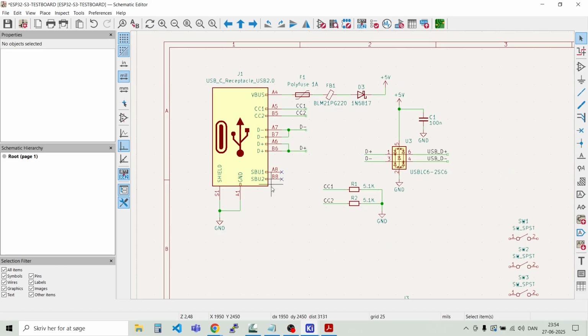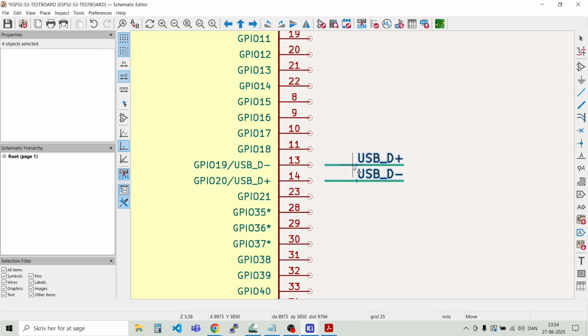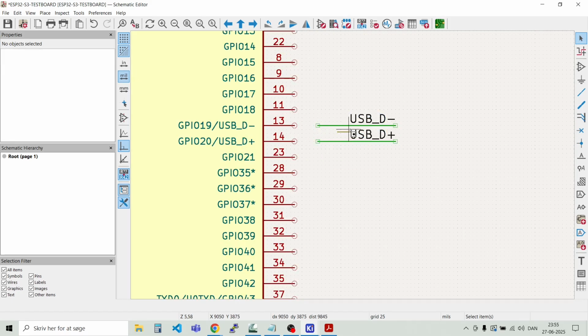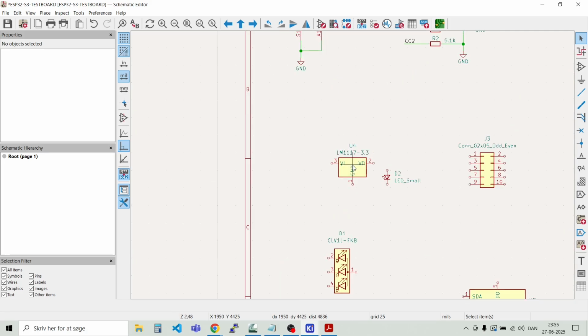The USB-C interface is complete, and we can just take those two signals here, and we need to connect those to the ESP32 over here. Then we don't forget that. Like that. Now we have the USB system okay, and we can move on to the LDO down here,